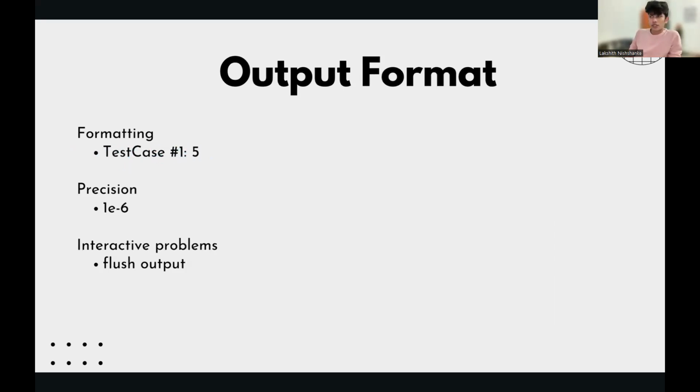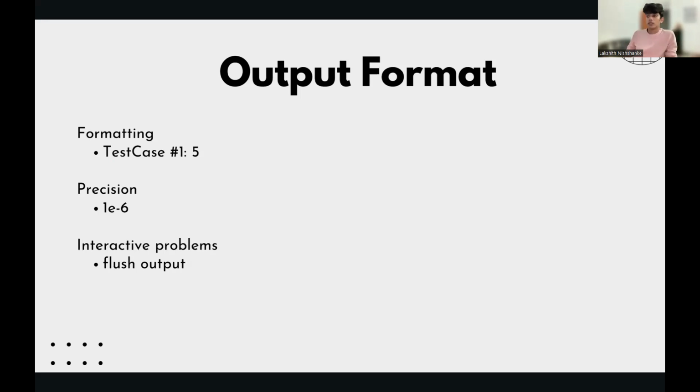There's not a common format in IEEE as far as I remember, but there can be some specific problems with the format. In cases like this, you can write a function to do the formatting for you, so you don't have to write "test case #1" everywhere you need to output something. Another thing is precision.